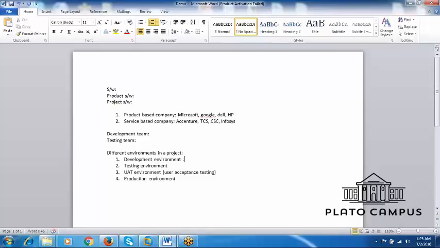Now coming to development environment. So what is this development environment? This is the first environment in every project. During this environment, the development team will be involved to develop the application as per the client requirements.